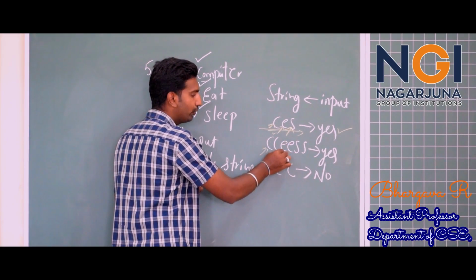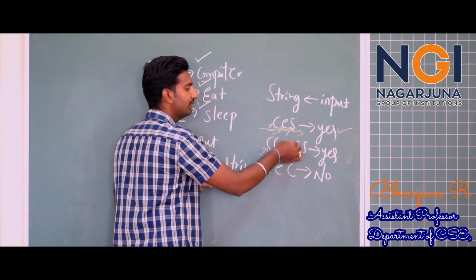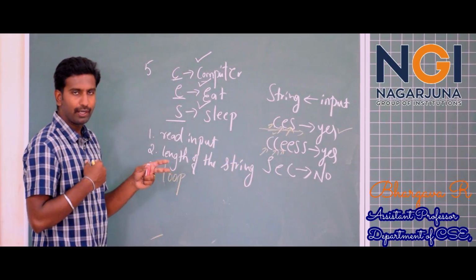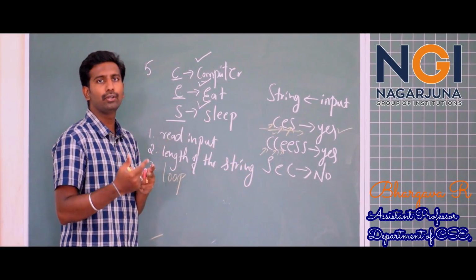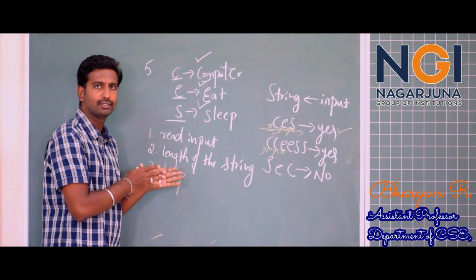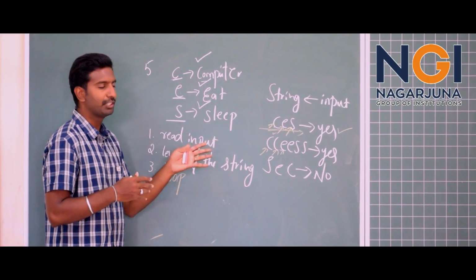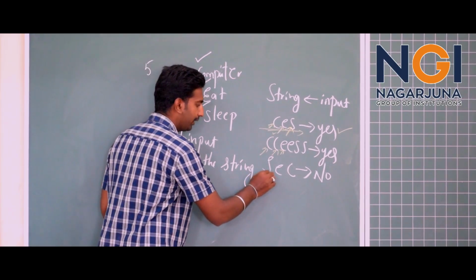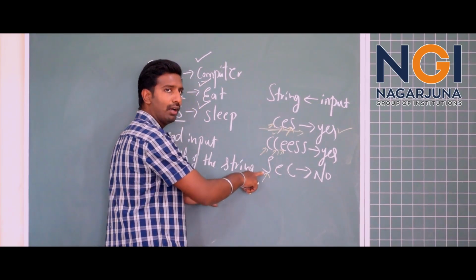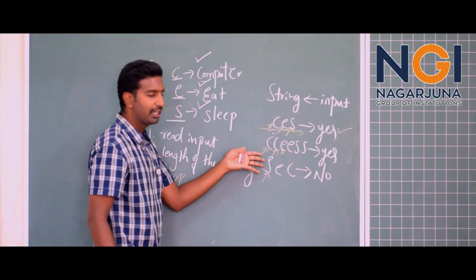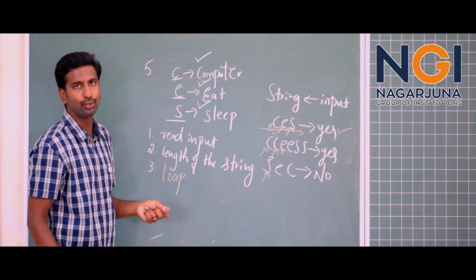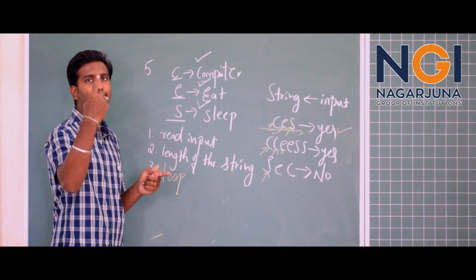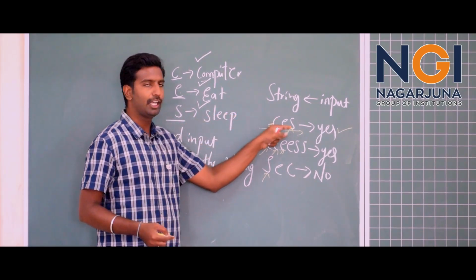ASCII value of E should always be equal to or less than E. So that means for all the comparisons, the ASCII value should be less than or equal to the given number. It should not exceed. For example, here in this case, the ASCII value of S is not less than E. It is greater than. In those cases, I need to print it as no. And this comparison should happen for all the elements. We are comparing element by element.